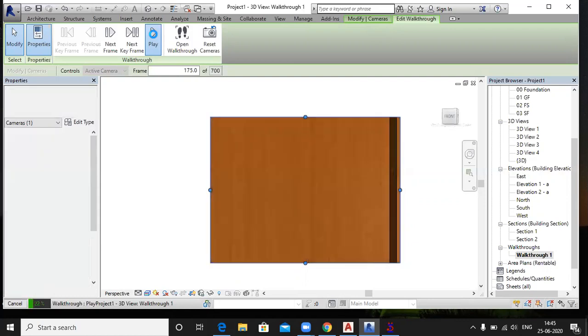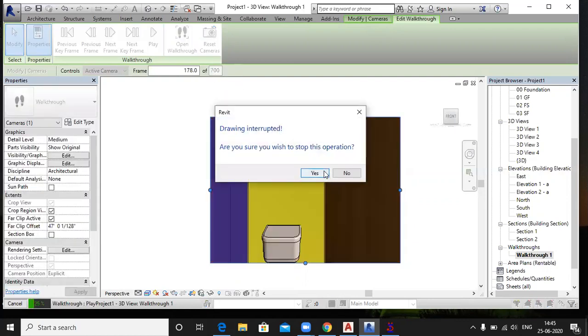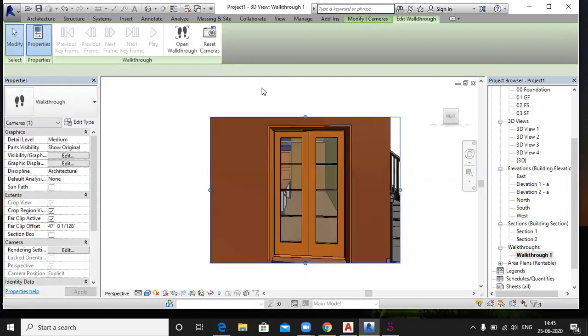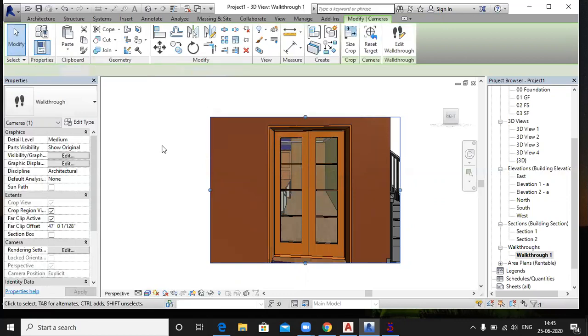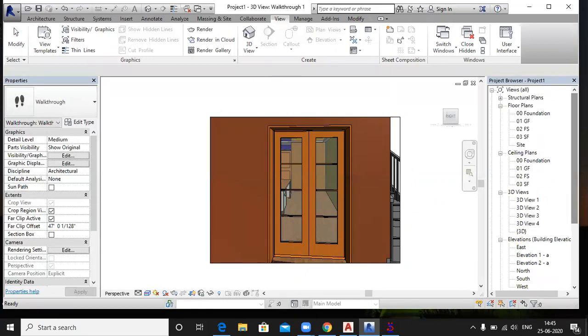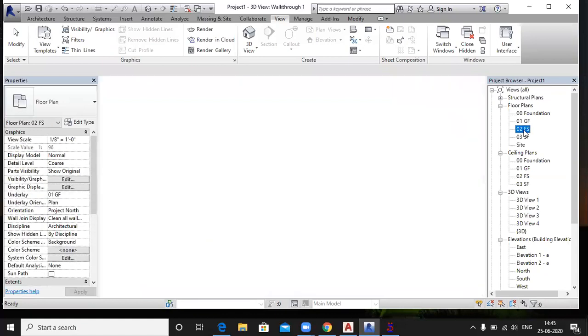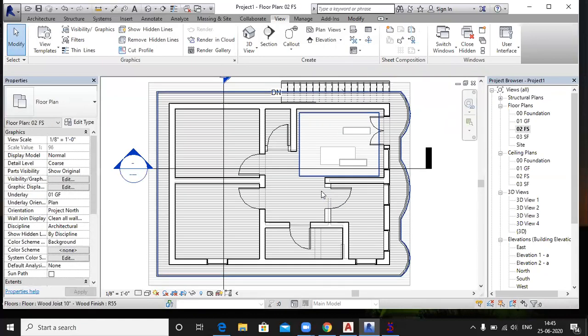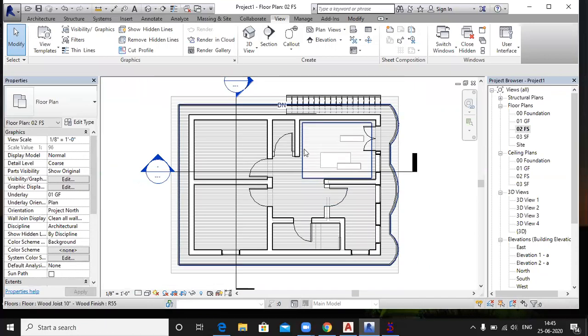I am just stopping it. See how to create this walkthrough. I have just created on the first floor. Now I am going to add on first floor. This is your first floor. You just choose here the walkthrough.